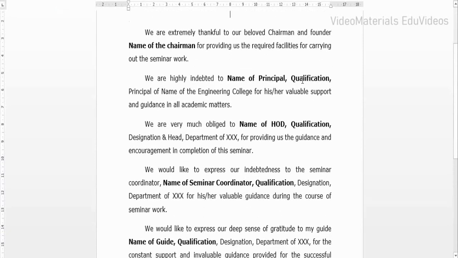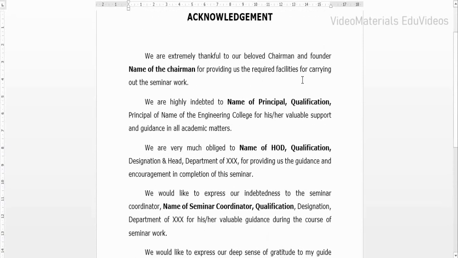Now when we are creating or formatting the acknowledgement page for the project work, we can maintain the same. That means here we need to maintain "we are", because the project work may be done with the help of 4 people or 3 people depending on the size of the team. So we need to represent "we are thankful to", and so on. Similarly, "we are highly indebted to". Similarly, "we are very much obliged to". Likewise, we need to maintain.